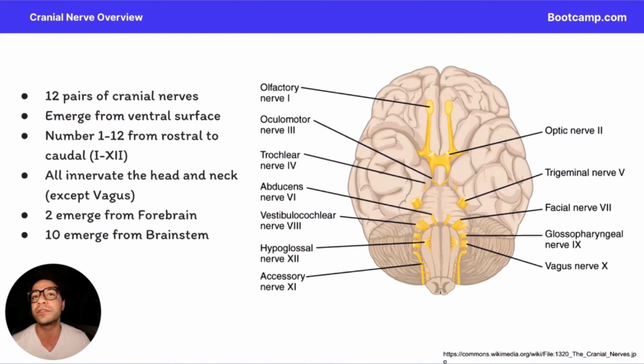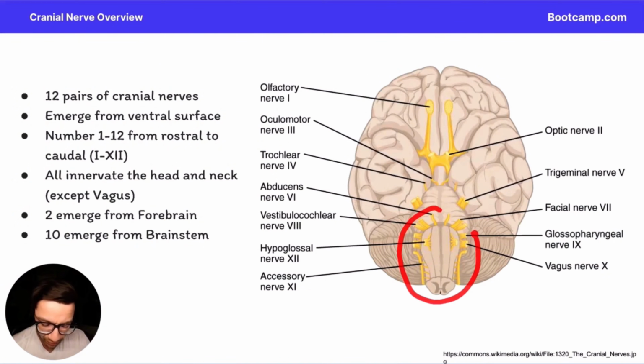And the cranial nerves can be broken up based on where they're emerging from the brain. So this is how I learned it. We have 2, which are going to be emerging directly off of the brain tissue. We're then going to have 10, which emerge from the brainstem. These can then be further broken down. We will have 2, which emerge from the midbrain, 1, which emerges from the pons, and then we're going to